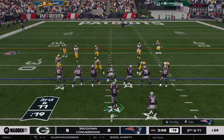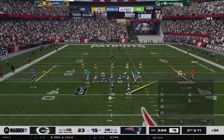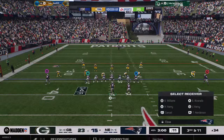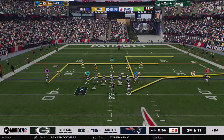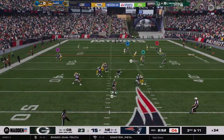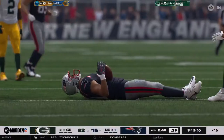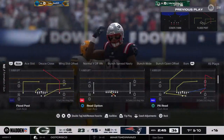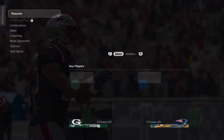Wonder what's in the playbook here as they come up on 3rd and 11. Looking to throw. Hits him on the out route. And they get this all the way down to the 16-yard line. Give him 18 yards on that play, Brock, and it gets...